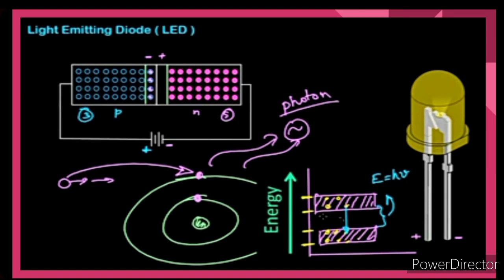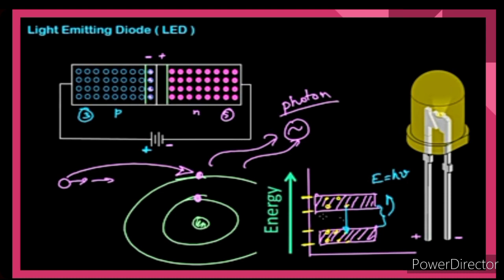All diodes emit photons or light, but not all diodes emit visible light. The material in the LED is selected in such a way that the wavelength of the released photons falls within the visible portion of the light spectrum. The light emitting diode can be switched on and off at a very fast speed of 1 nanosecond.